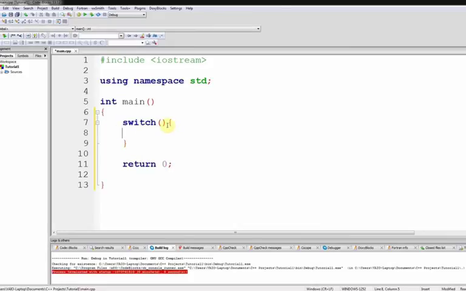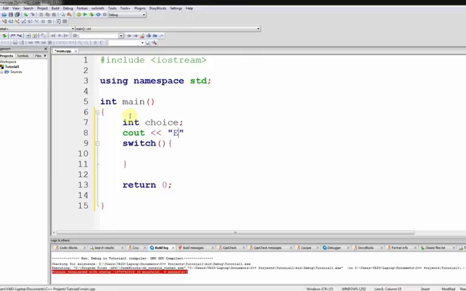Okay, and then in this switch statement is going to be the variable that we're checking. And the way I want to do it is I basically want to have the program open up and have numbers 1 through 4. It'll say 1 addition, 2 subtraction, 3 multiplication, and 4 division. And so to do that, we're going to hold a variable. So we're going to say int, and we'll call it choice. Okay, and we're just going to leave it like that. We're going to say cout